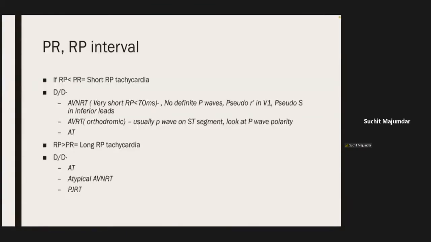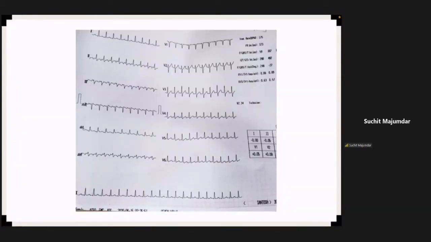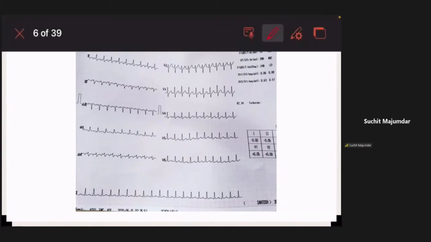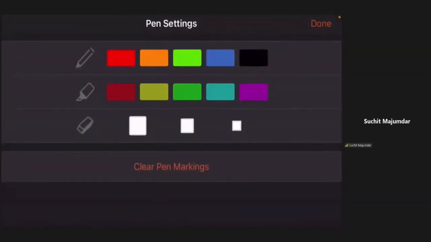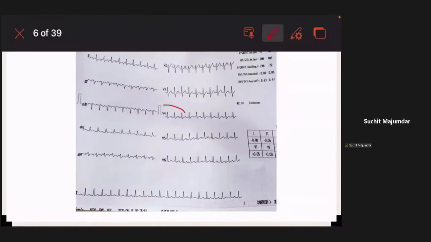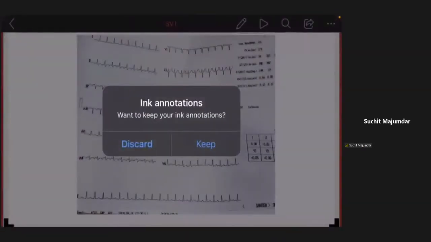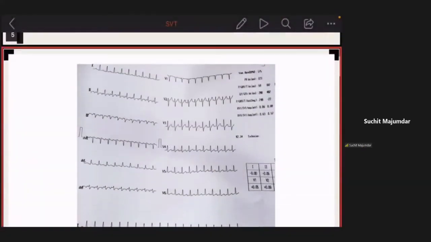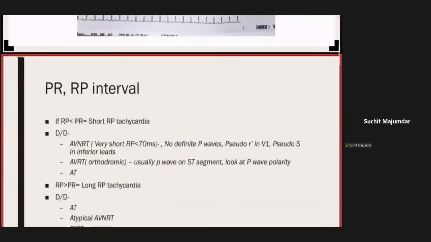So what I have already discussed is the RP and PR interval. If it is a short RP tachycardia, the P wave is falling before the midway of the RR interval. For example, if I draw here, you can see that it is the RR interval. It is falling before the midway of the RR interval. There, it is called a short RP tachycardia. So, what was the differential diagnosis of